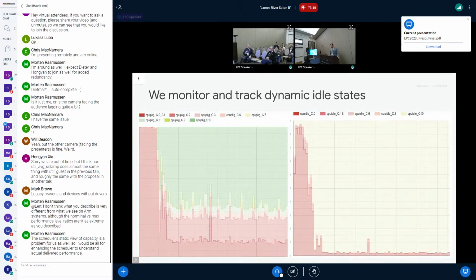Before we continue, I have a little confession to make. We monitor dynamic idle states. Yes, we do. We monitor them and we track them. Why? Because they're important, right? When we do platform enablement, we go through a journey. It's kind of a funnel. You start with a big tolerance, and then as time goes on, it becomes narrower and narrower, and we